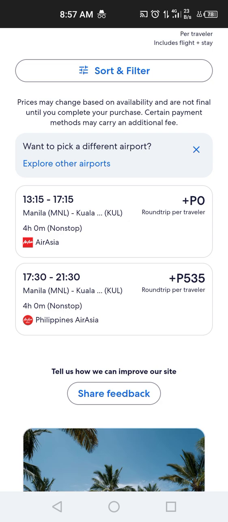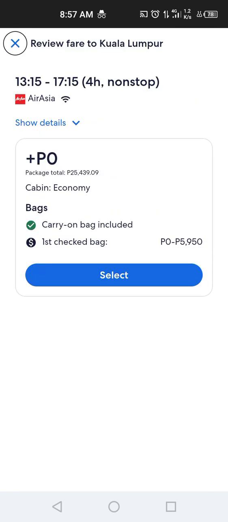This is going to be hard though. Yeah, I'll be choosing the plus 0 pesos because it's cheaper and also because of the time that I'll be departing.